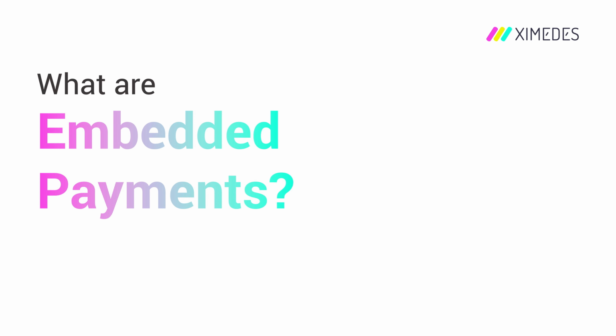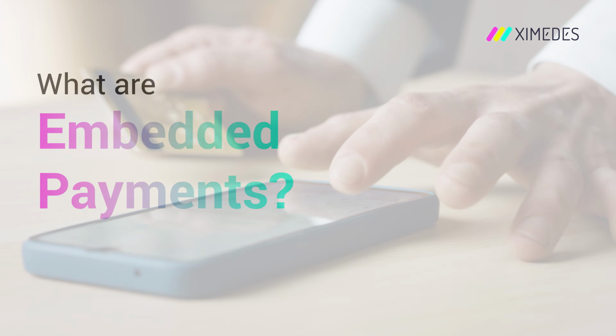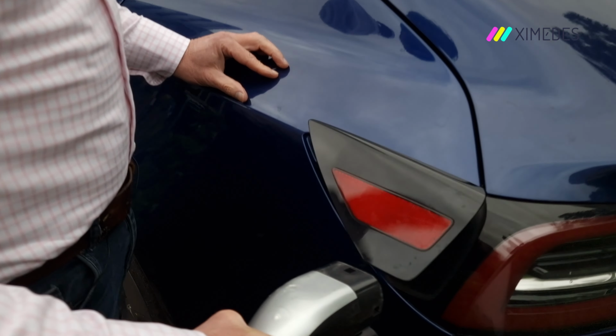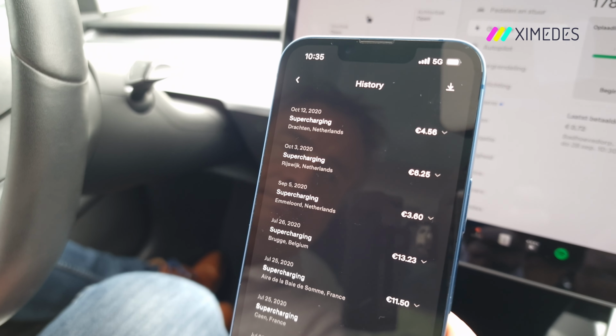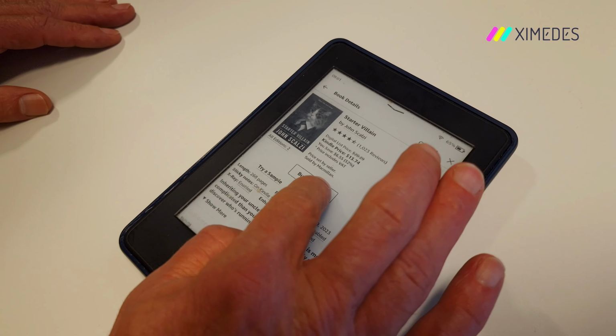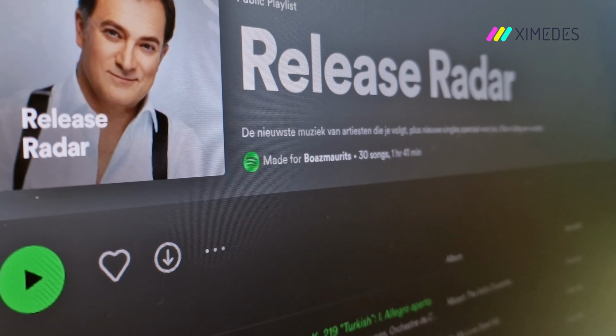What are embedded payments? You make embedded payments as part of a seamless buying experience without the need to go to a separate, intrusive payments page. For instance, when you disconnect your Tesla from a supercharger, you're automatically billed. On your Kindle, a single click on the pay button buys you a new book, and your Spotify subscription is